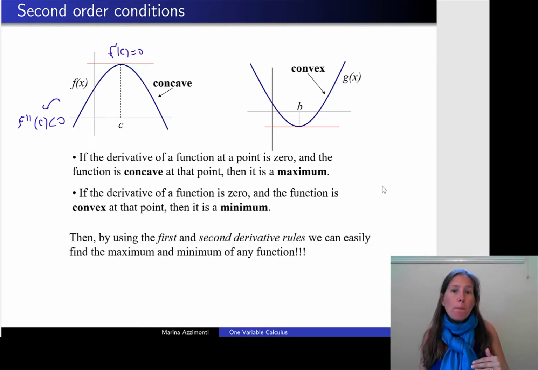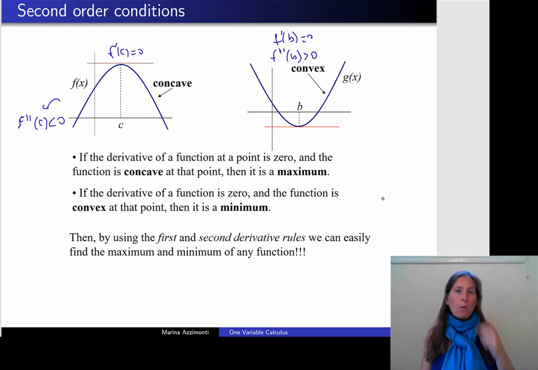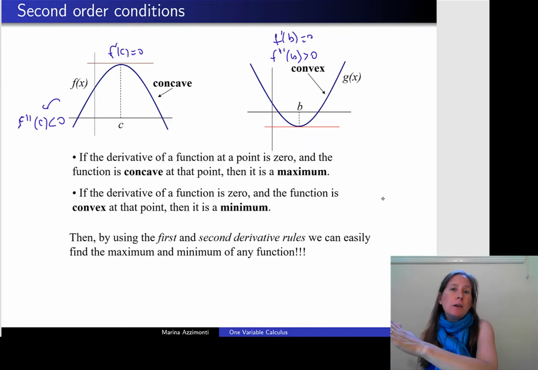On the other hand, if you have a convex function, which again, like in the second plot, f prime of b is going to be equal to 0, what is f double prime of b? This is going to be positive when we are talking about the convex function. What's happening with the slope here? Well, we start with a negative slope, and then the slope is becoming less and less negative, which basically means it's growing until it becomes 0, and then it becomes even larger and larger on the positive side.